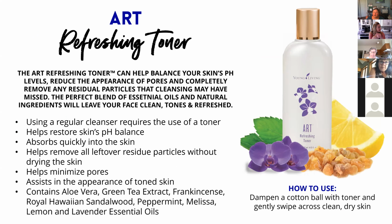So Young Living has a phenomenal toner. I've seen people like Melissa Poepping and a lot of different people that are very well-versed in skincare and actually have their own skincare lines. They talk about, hey, I can make my own moisturizer sometimes. I can make my own foaming cleanser, but the toner is something no one ever says that about. They actually say they don't try to make it because it's so perfect that they can never get something as good. So this is something, again,